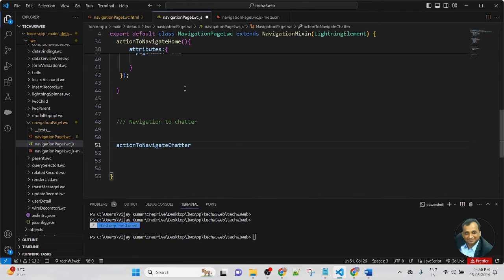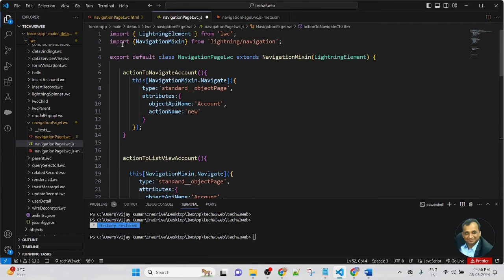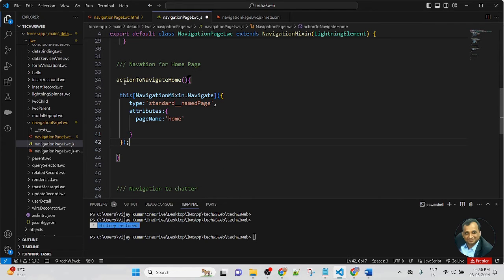So now let's create the function first. If you're creating a function for navigation, first you need to import the NavigationMixin. This is mandatory. Then apply NavigationMixin here. Now I have copied the reference code from here. This function I created for navigating to home.